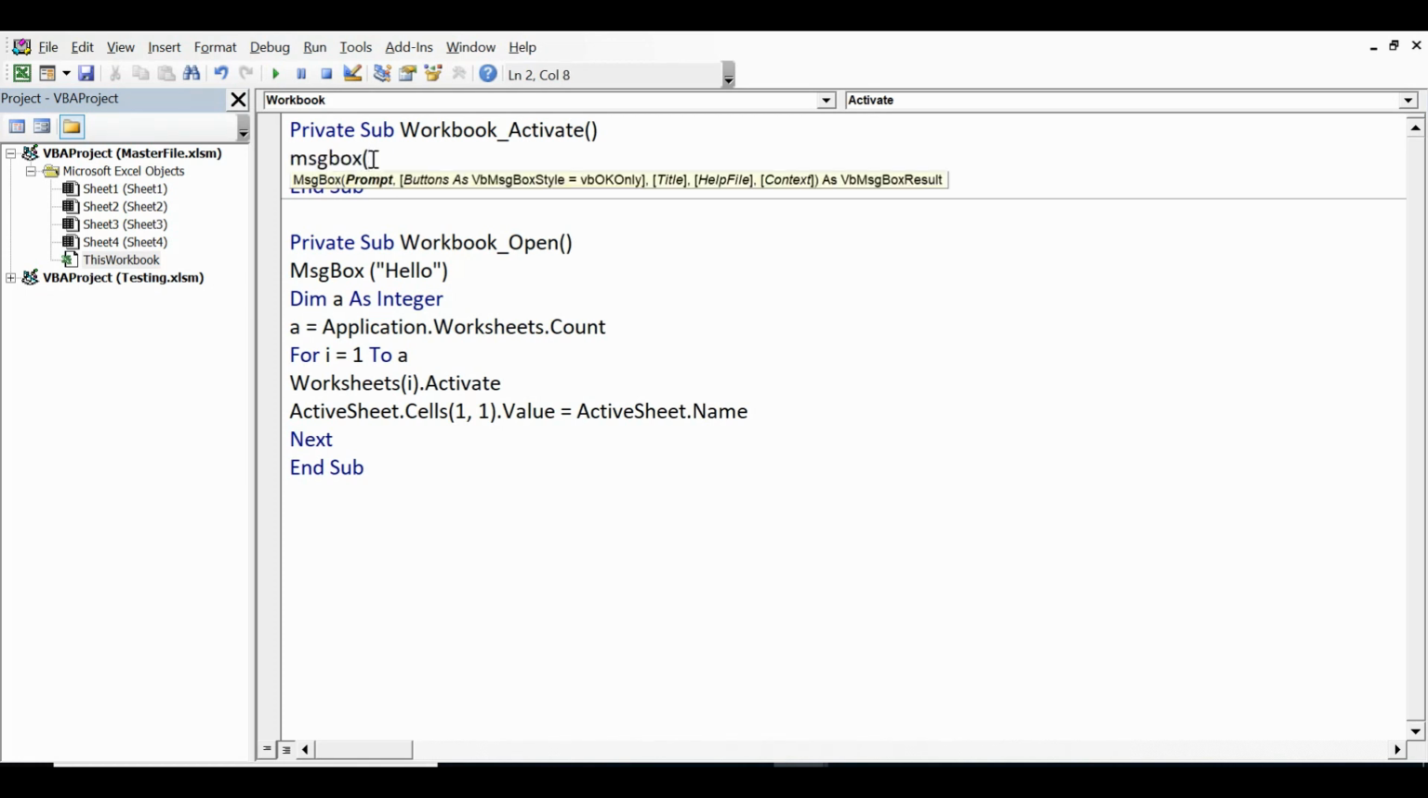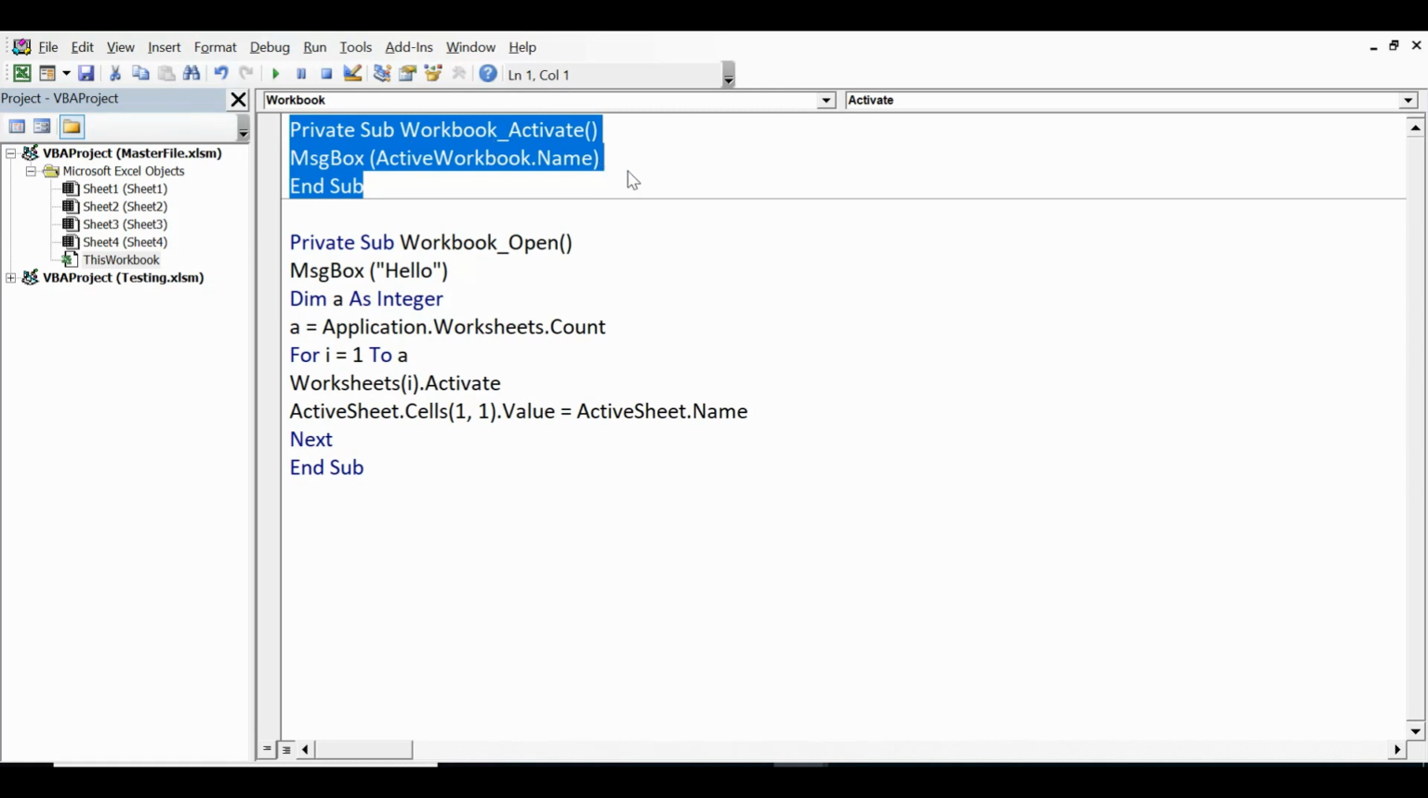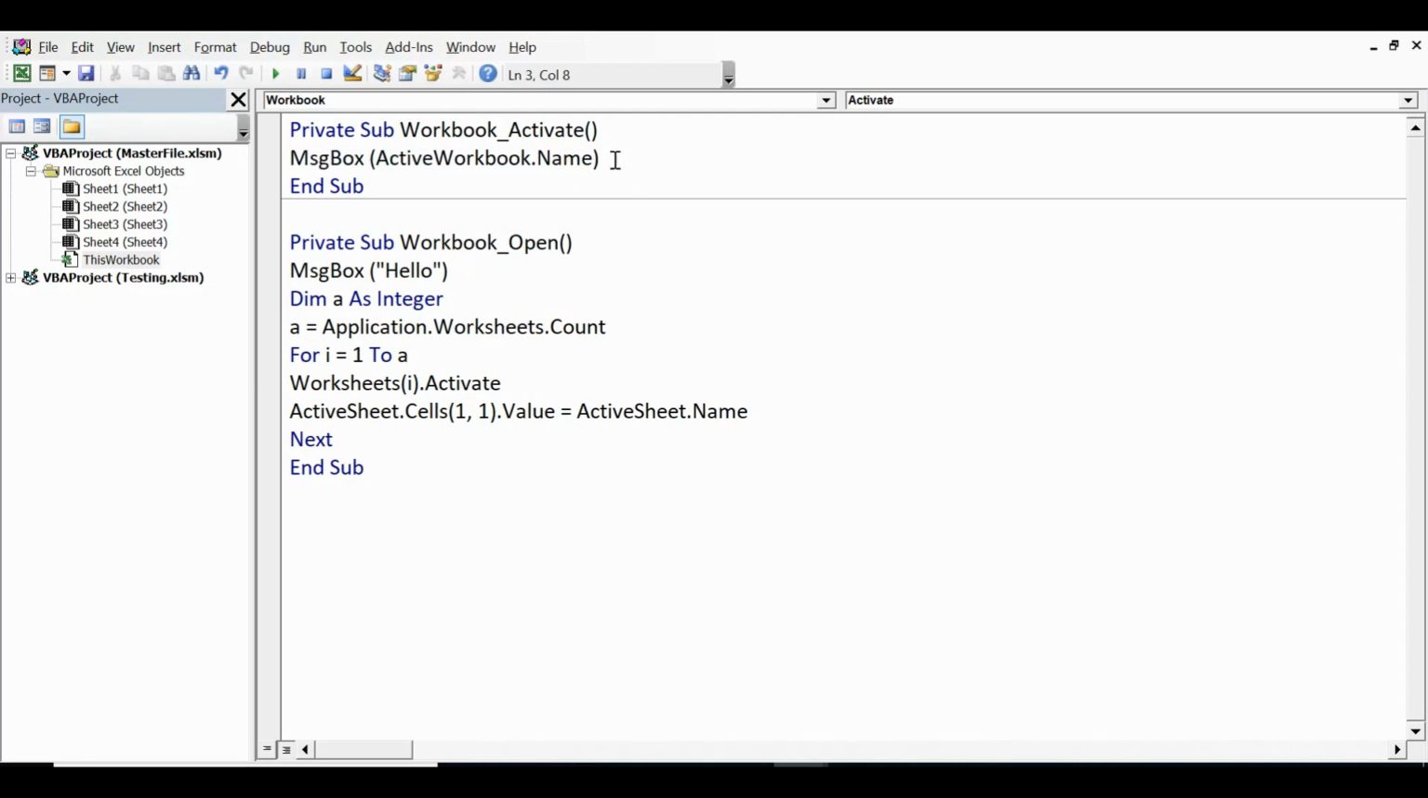MsgBox ActiveWorkbook.Name. So whenever I activate this workbook, then this event will be executed and I will get a message, and in the message I will get the name of this workbook. So same event